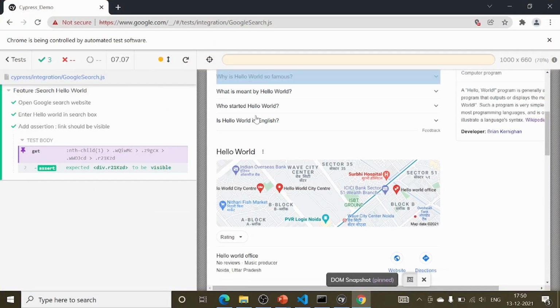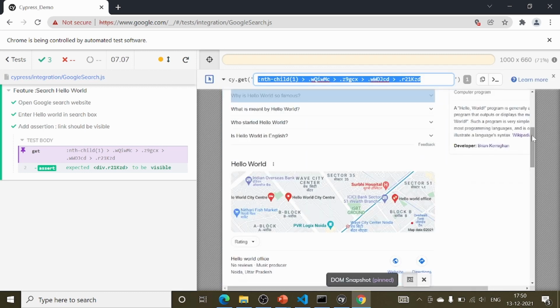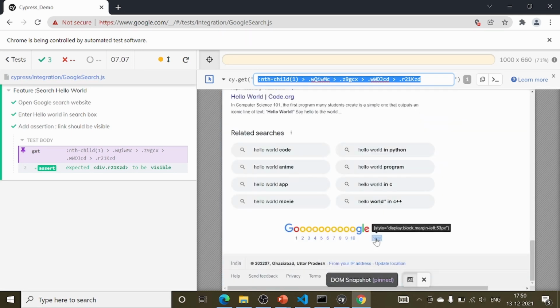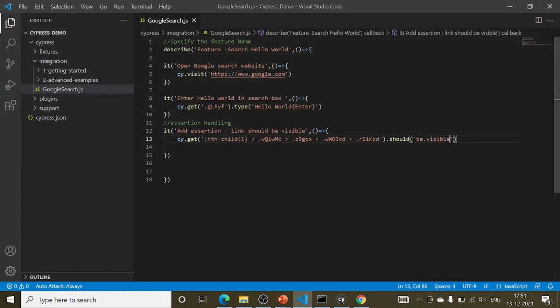Again, let's see our selector, open selector playground, and let's scroll down, and this is the next button, which is available after scrolling a few times. So let's copy this selector for this next button and let's scroll till this element is visible. So this is the locator for the next button. Let me copy the locator, going back to my editor,